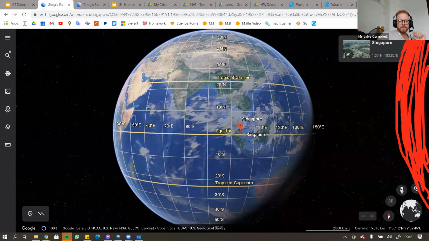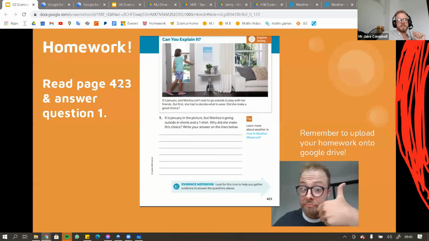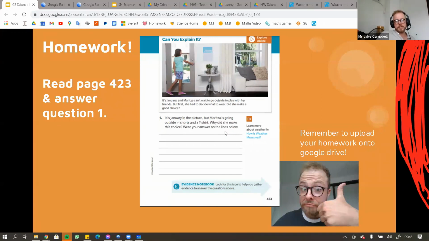All right, class, we are going to have to end it there to show you your homework. So, simple homework, class, is here. We are doing page 423. Read and answer question 1. I need you to read all the text so you can answer everything correctly. Okay. So you've been given a lot of space to write your answers. That means I want full sentences explaining your answers.